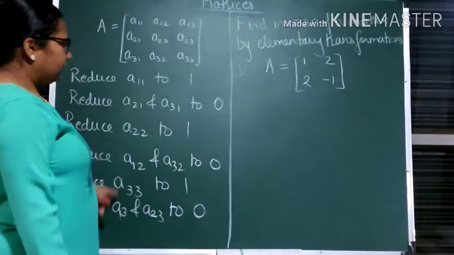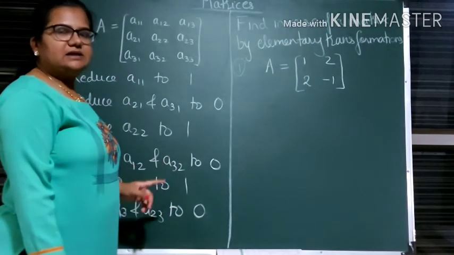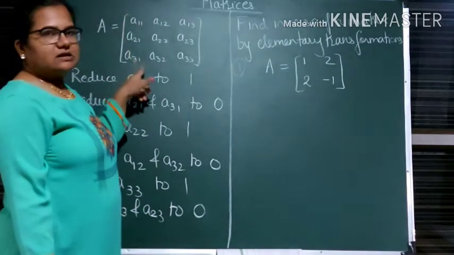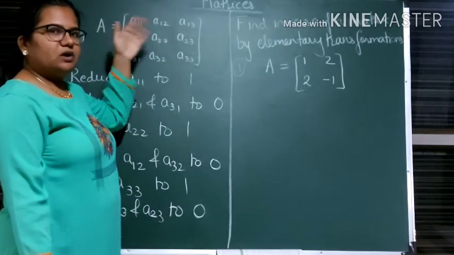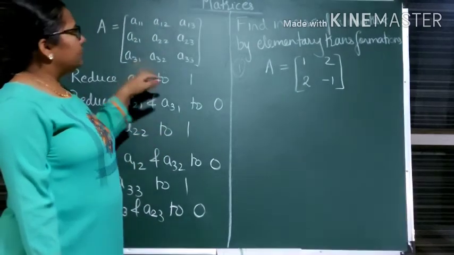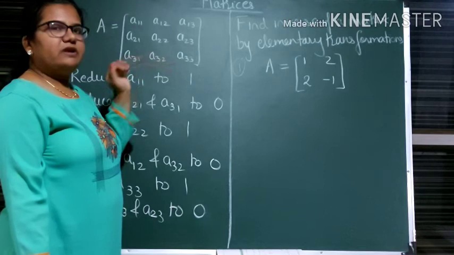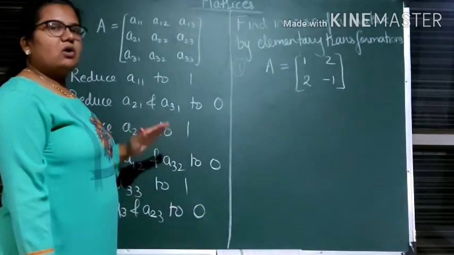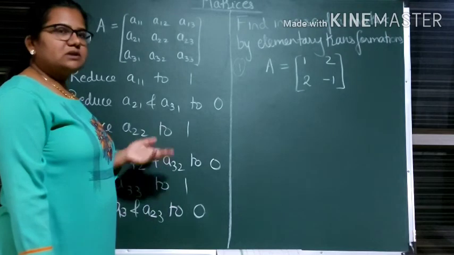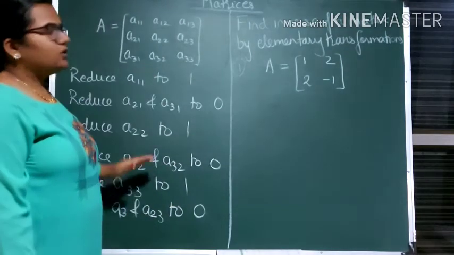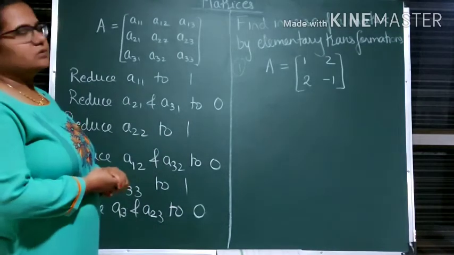If you can follow these steps, these are not mandatory steps. If you go in this flow, you will not go in a circle, that is, whatever changes you are making to convert it to identity matrix will remain as it is. There won't be a cycle in your elementary transformation. You can follow this sequence or some other sequence according to simplicity. This is not mandatory to follow, you can just use this way.